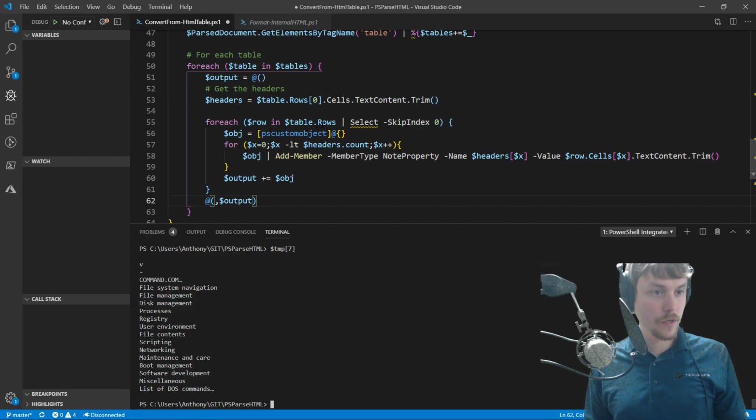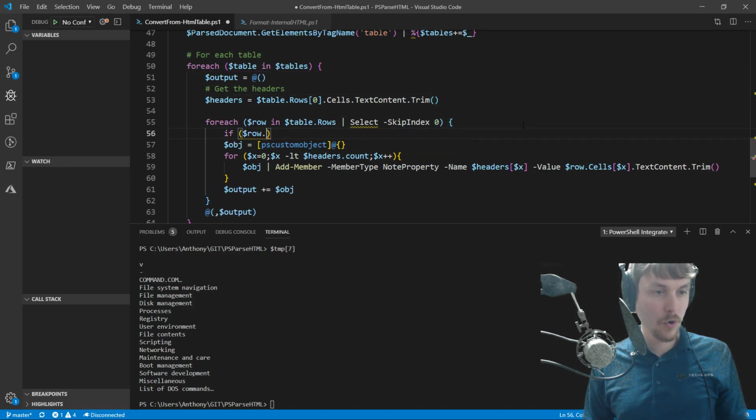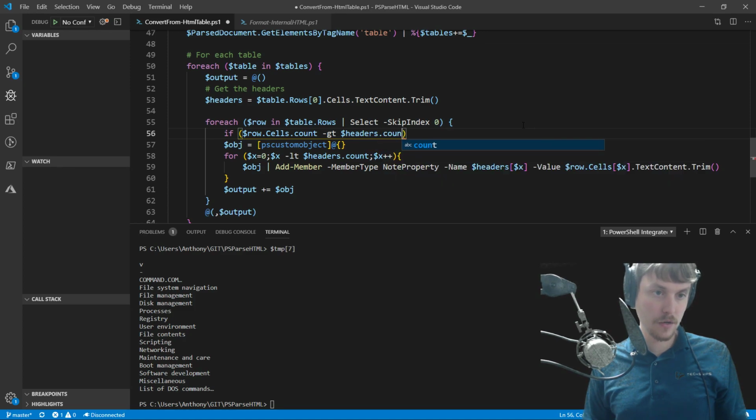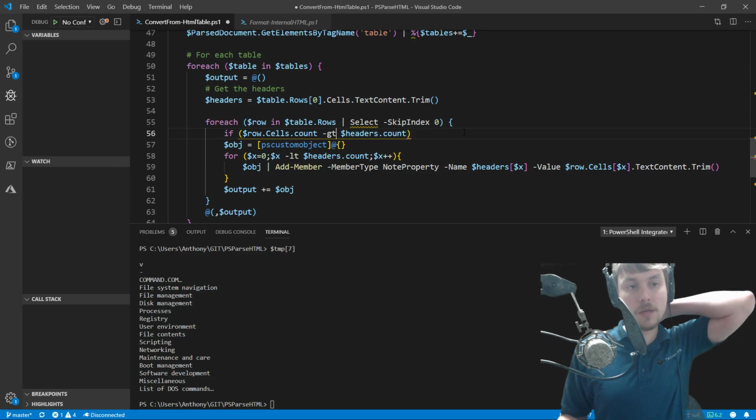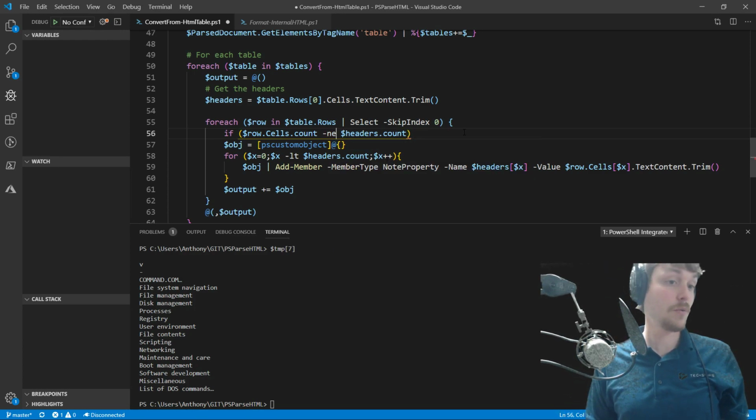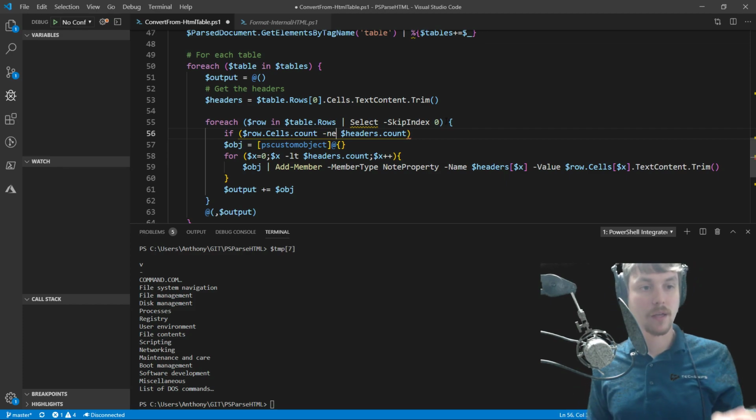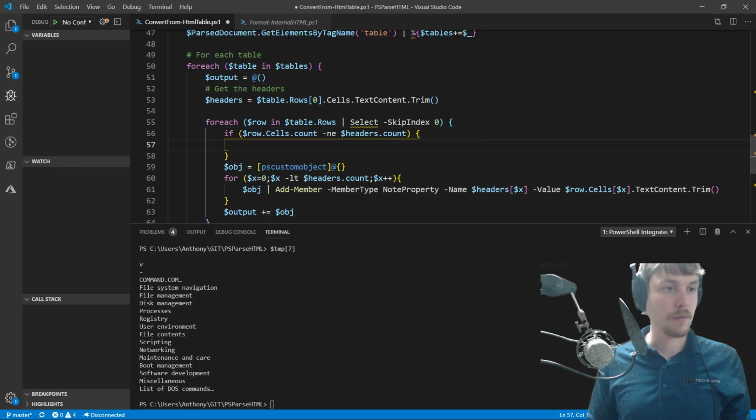Okay. For each row in table.rows, let's see. So headers, cells.count. Okay, so for each row in table.rows, headers.count. So we want to say if row.cells.count is greater than headers.count, or maybe not even greater than, maybe if it's not equal to. Yeah, because we would have an empty cell if there isn't a cell, so there should still be a cell. Okay, so if row.cells.count does not equal headers.count,